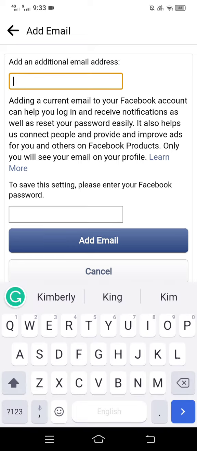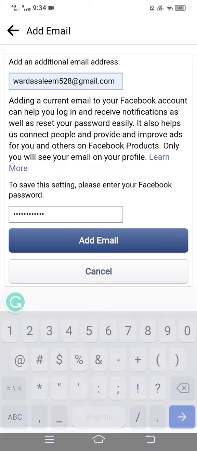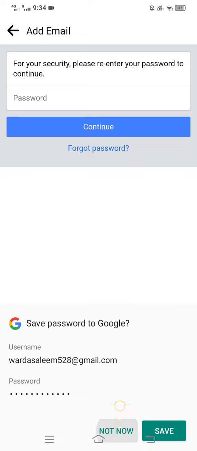and then you will have to enter in your password so that you can verify that this is your account that you are adding this new email address to. So once you do that, you tap the add email button, and it might send a verification code to that new email address. Once you have that new email,